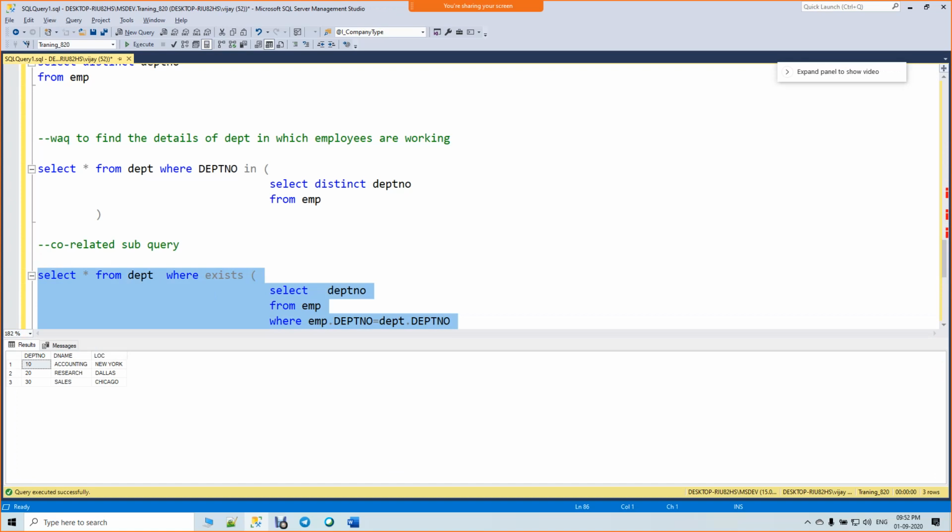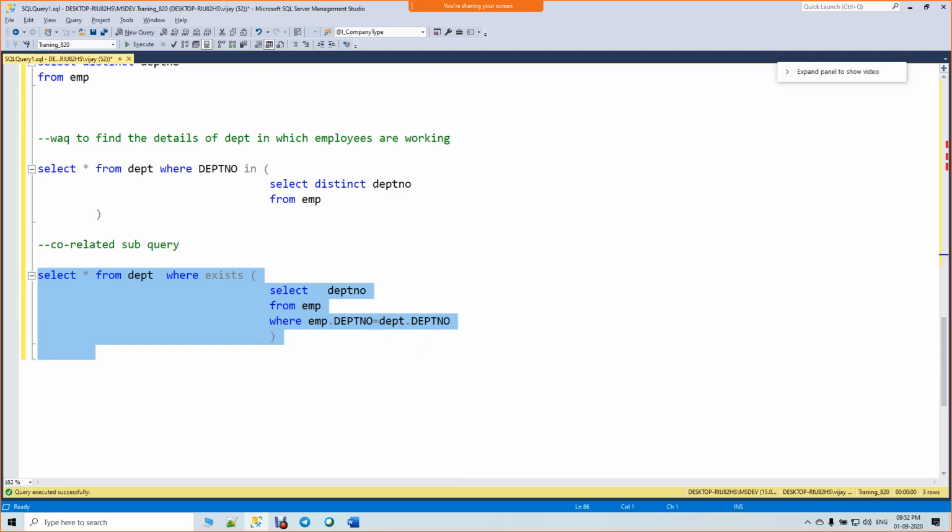Let's say I have a table with a very big name. You just put a two-letter word and use it wherever it is needed. So usually we use aliases for big table names to make our queries easy. Clear? Yes. Okay, so this will end our correlated subquery.